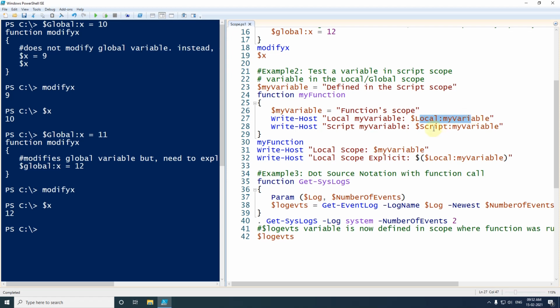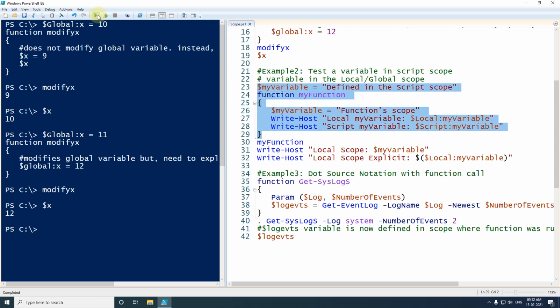But when we print with the script scope, it will take the value from outside the function and print it inside the function. Since the outside variable is defined in the script, it comes under the script scope.